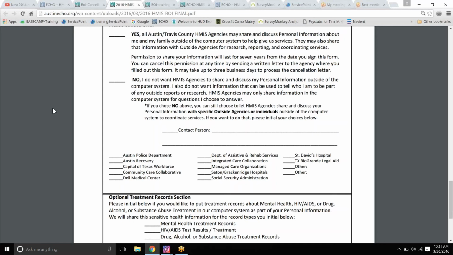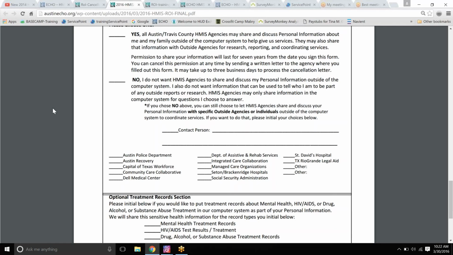And so what this yes or no is saying is that we work with clients with other agencies outside of the COC to help provide them services. By saying yes here, they're saying you can work with whoever you need to work with to get me those services, and you don't have to keep coming back in and checking with me or signing anything else. So by saying no here, they're saying I don't want you working with any of those other agencies, and if you do, then you're going to have to follow up and get additional consent from me.